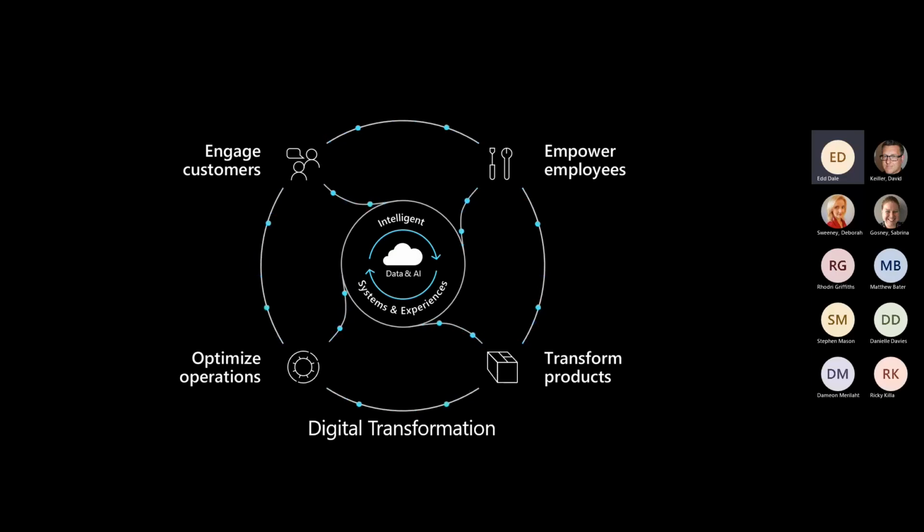So the first one, being able to engage your customers. The most successful companies in the world know that if you can engage your customers in a more streamlined, dynamic, or efficient way, then your likelihood for success as an organization is going to improve. Digital transformation can also be used for empowering employees, and especially pertinent to the topics we're going to be talking about today, giving employees the ability to work from any device, any location securely, having that freedom to really utilize this modern hybrid workplace that we find ourselves in.